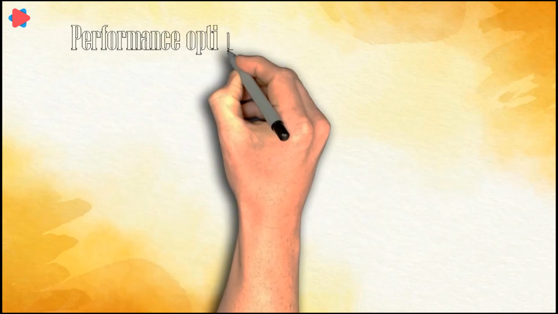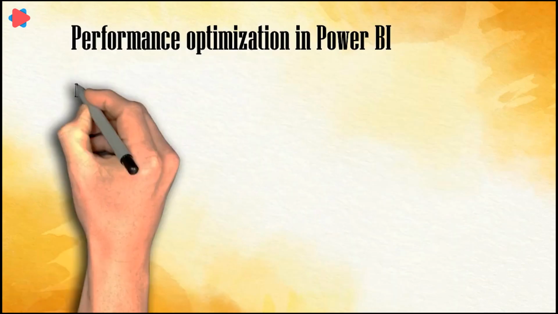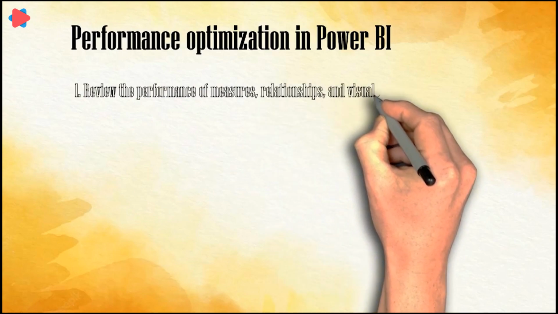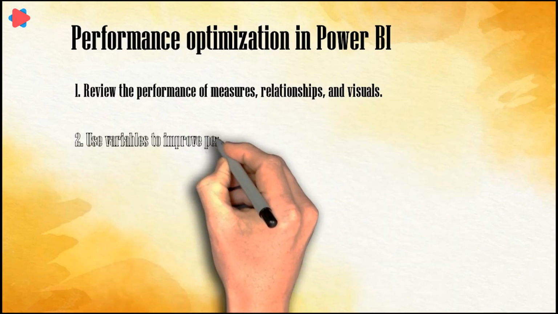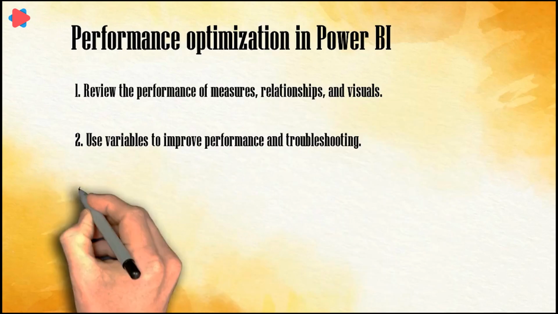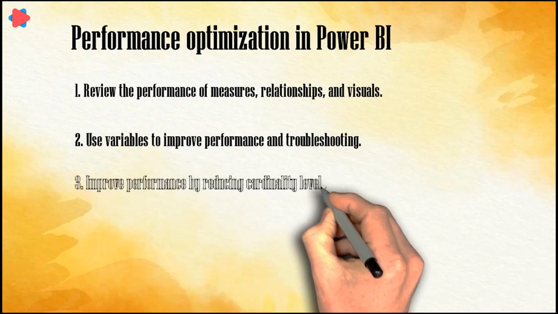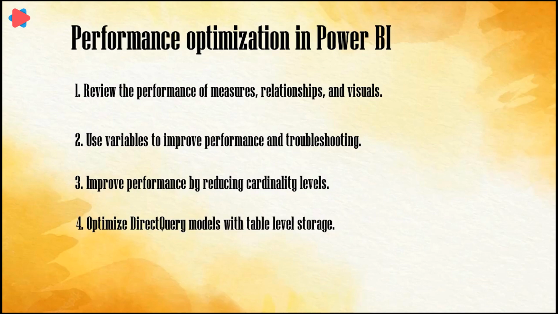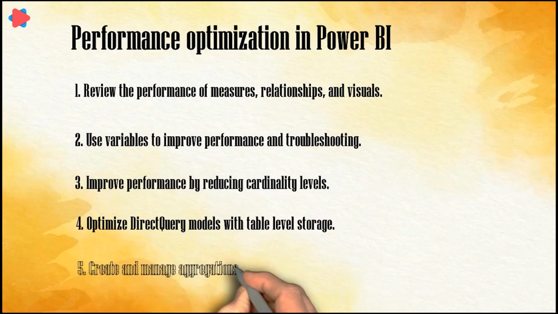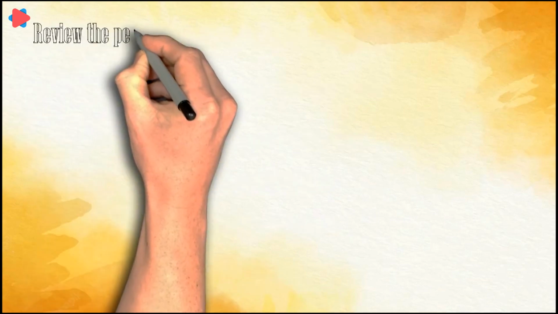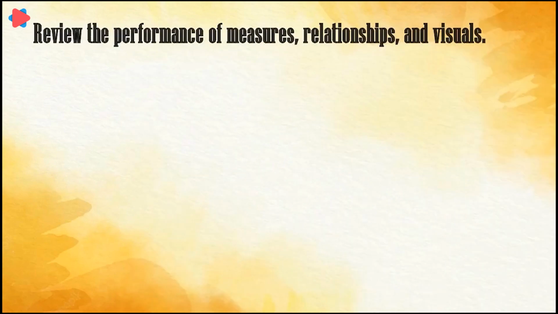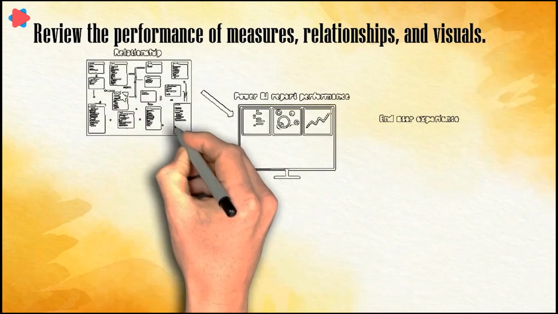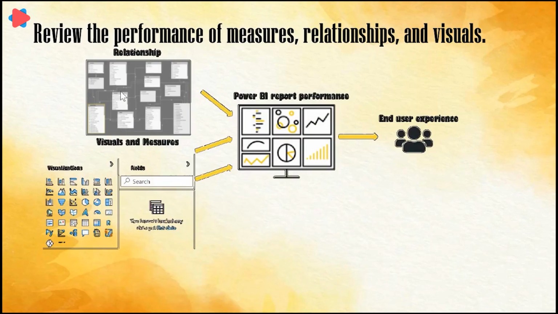So friends, without wasting any time, let's get into the content of this video. By the end of this video, we will be able to review the performance of measures, relationships and visuals, use variables to improve performance and troubleshooting, improve performance by reducing cardinality levels, optimize DirectQuery model with a table level storage, create and manage aggregations. If your data model has multiple tables, complex relationships, intricate calculations, multiple visuals and redundant data,